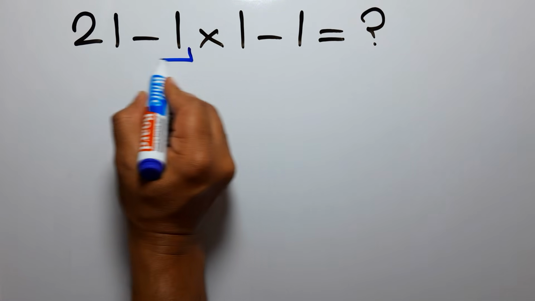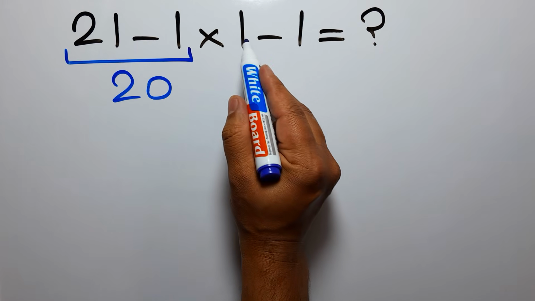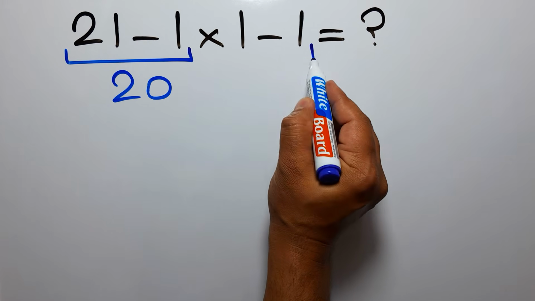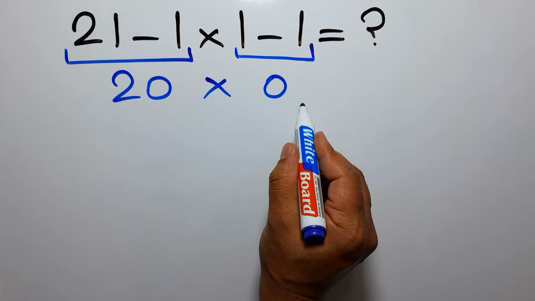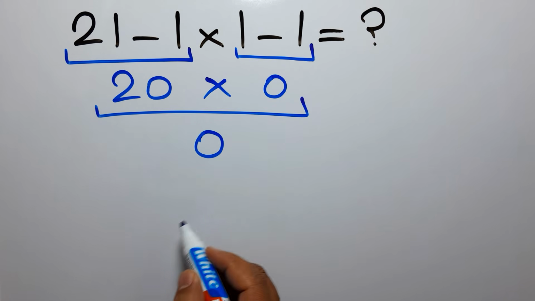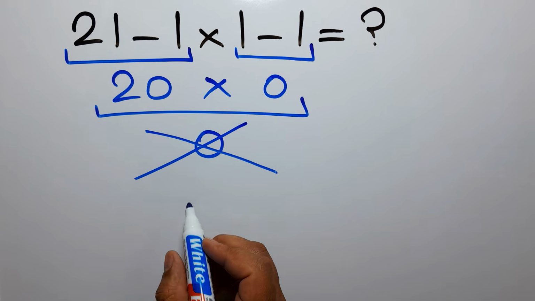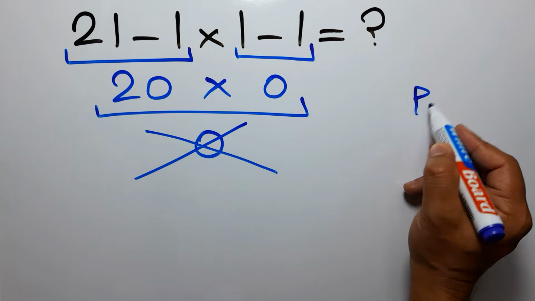21 minus 1 equals 20. And here we have 1 minus 1, which equals 0. So we have 20 times 0, which equals 0. But this answer is not correct, because according to the order of operations, which is PEMDAS,